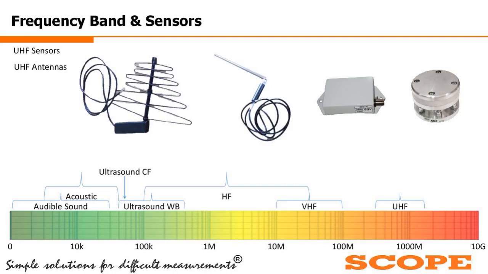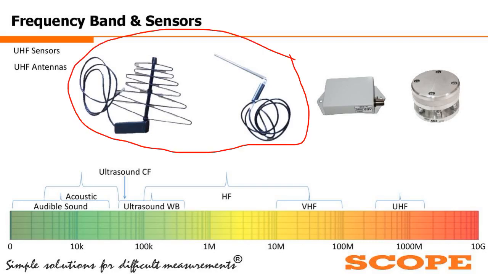Once again, like these antennas, as you can see in the left two. These are the different types of antenna. One is the directional antenna and another one is the non-directional antenna. And these two are the UHF sensors. These are two sensors for the GIS. The right one is for the internal